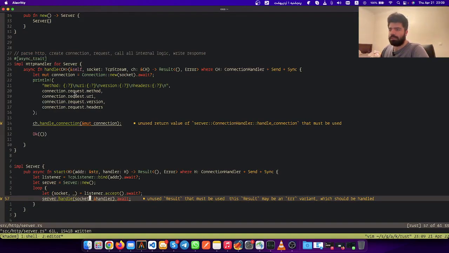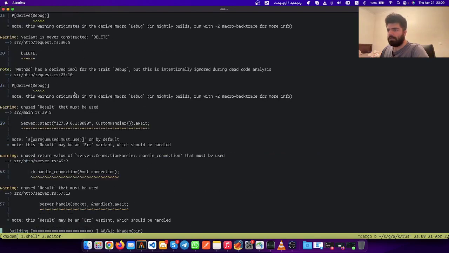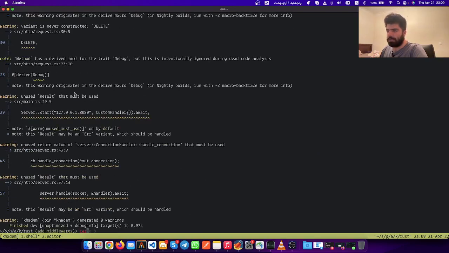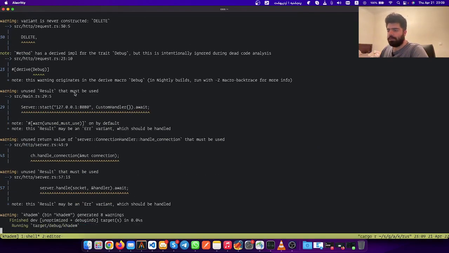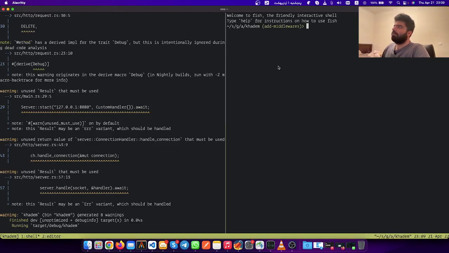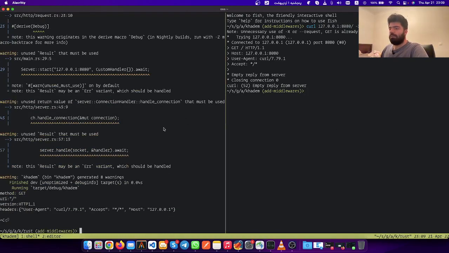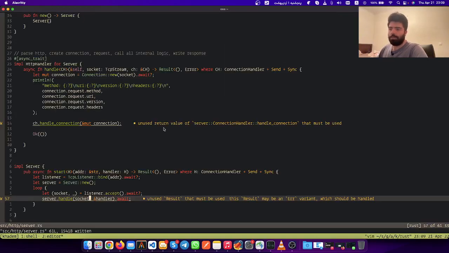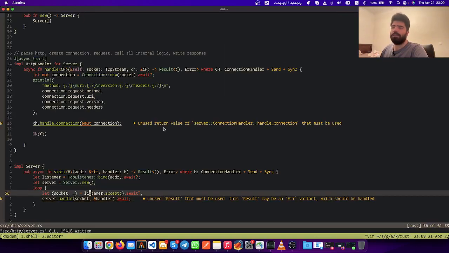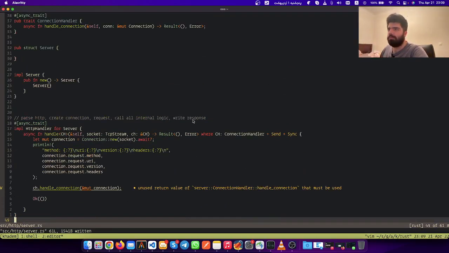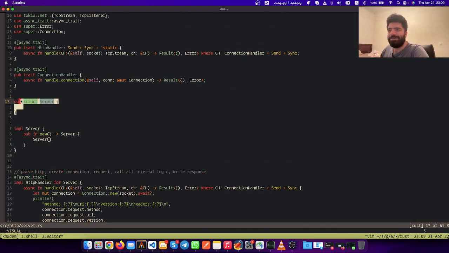Okay, so let's see if this works. Yes, cargo run. It's running. So let's do, no, sorry. Let's do this. Do curl, this. Yes, and we get the same things we were getting before. Okay, cool. So now we have basically the same thing as before,